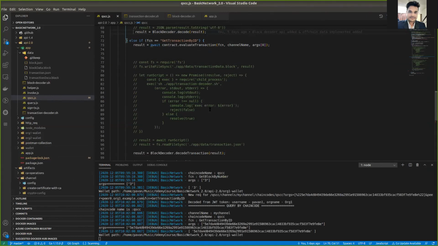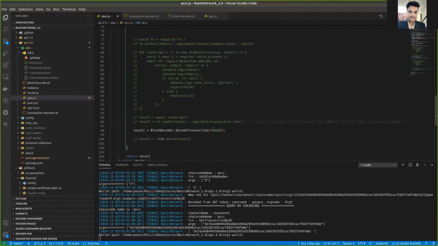If you are not using the latest version of Fabric Common, this is kind of a hack. I have implemented it, but it's up to you which one you want to implement. This is the easier one, the block decoder or decode, which is available inside Fabric Common in version 2.2.3. I did not check Fabric Common 2.0.0 because it was in beta. So I have used 2.2.3, which was recently released.